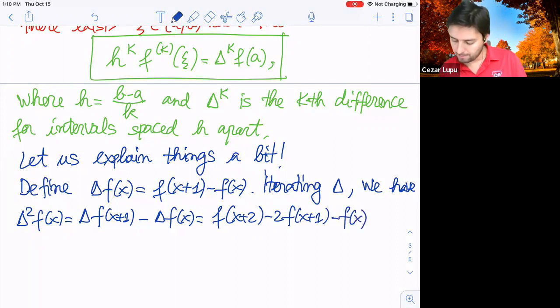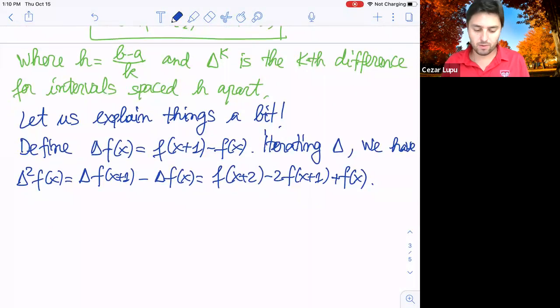Right? It's f of x minus... I think it's plus here, right? So it's f of x plus 1 minus f of x. Anyway, and now by applying the mean value theorem, it is quite clear that